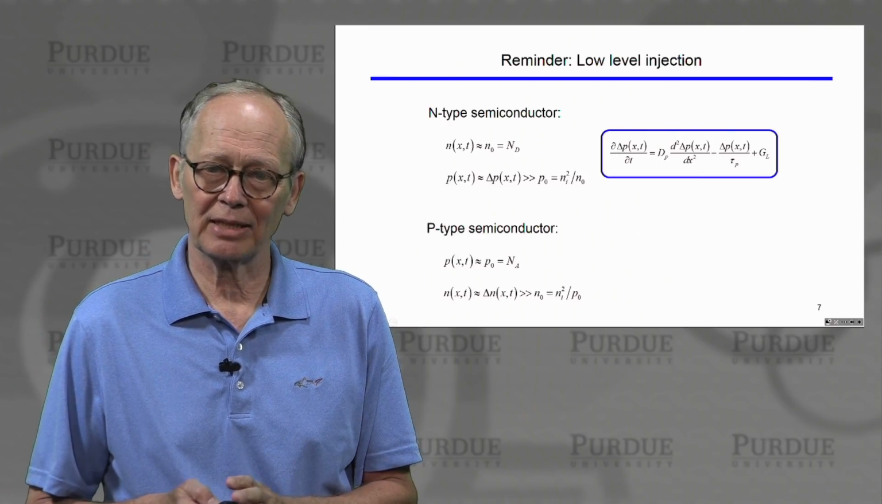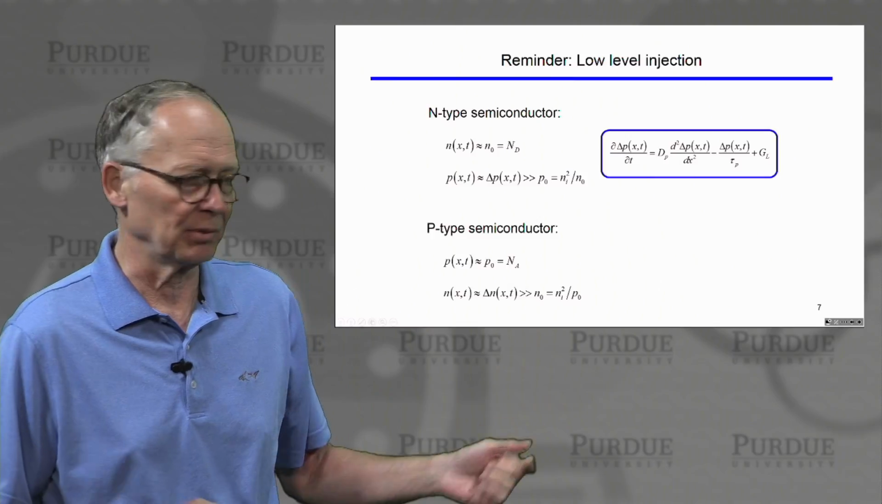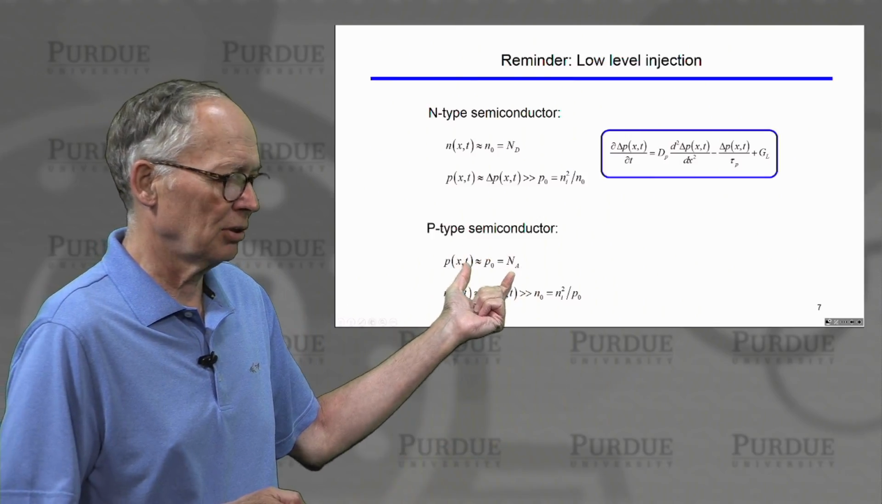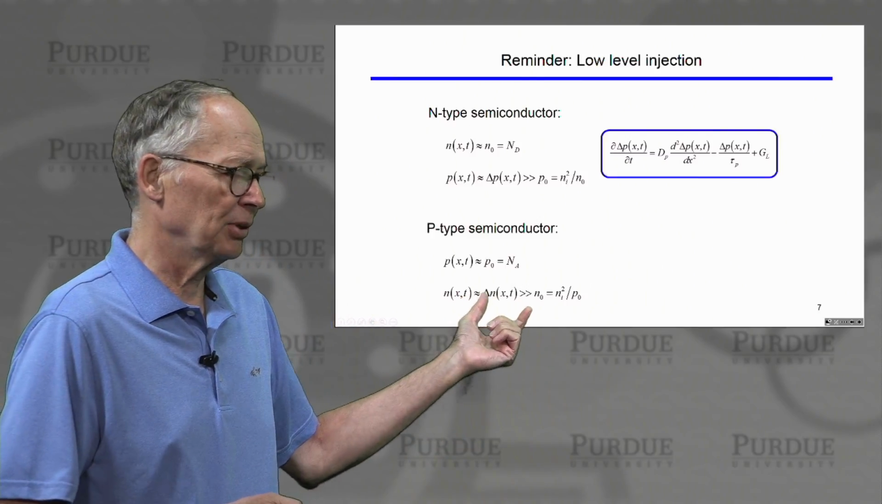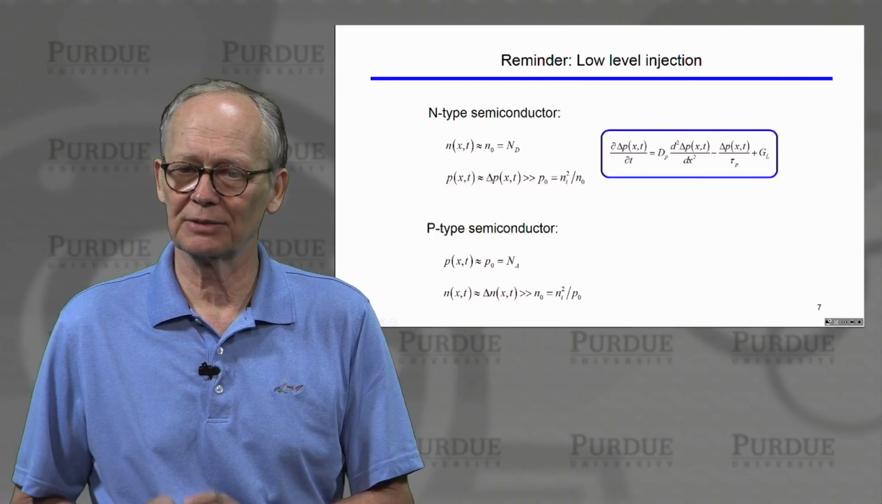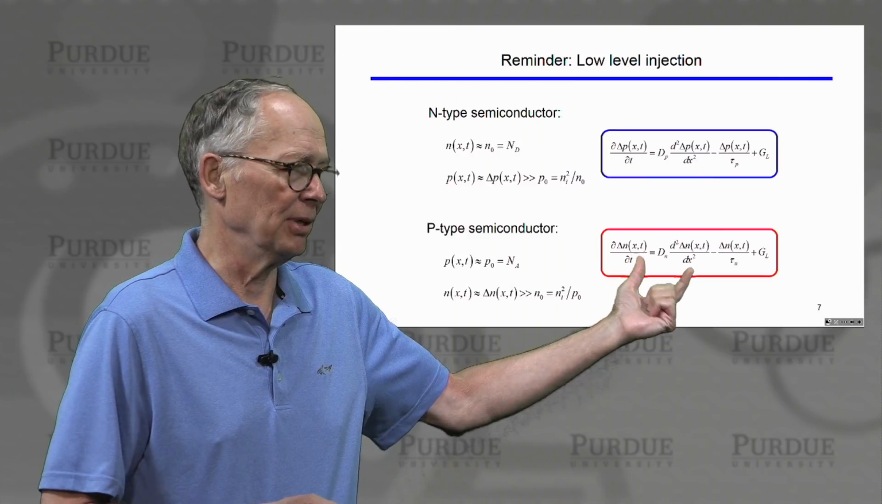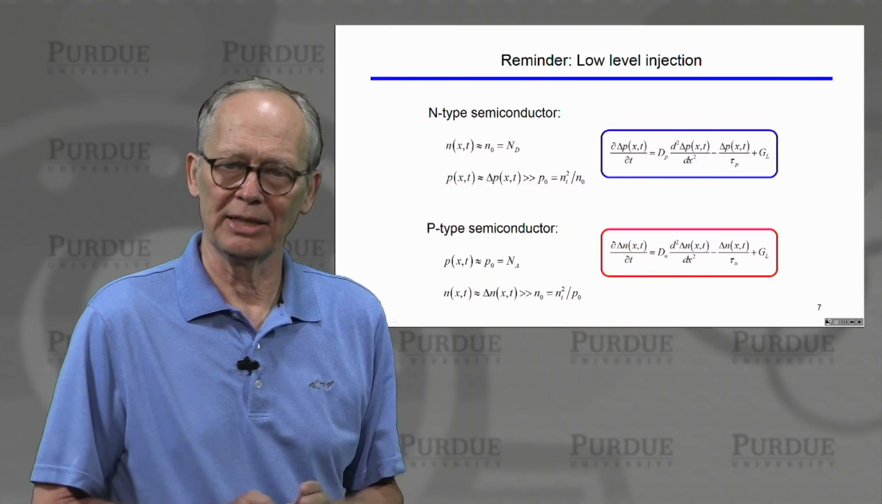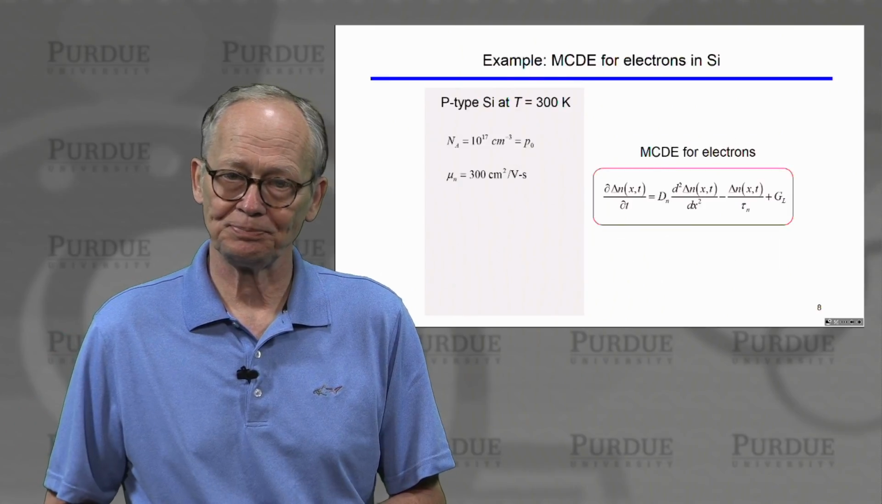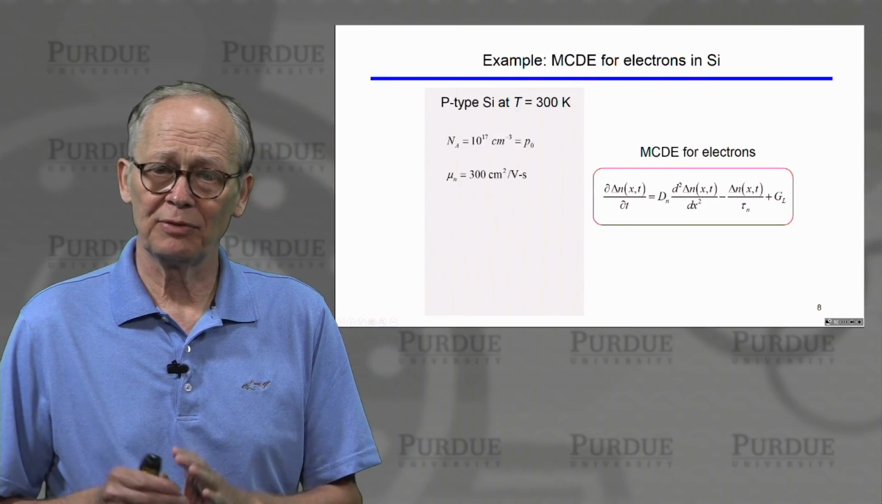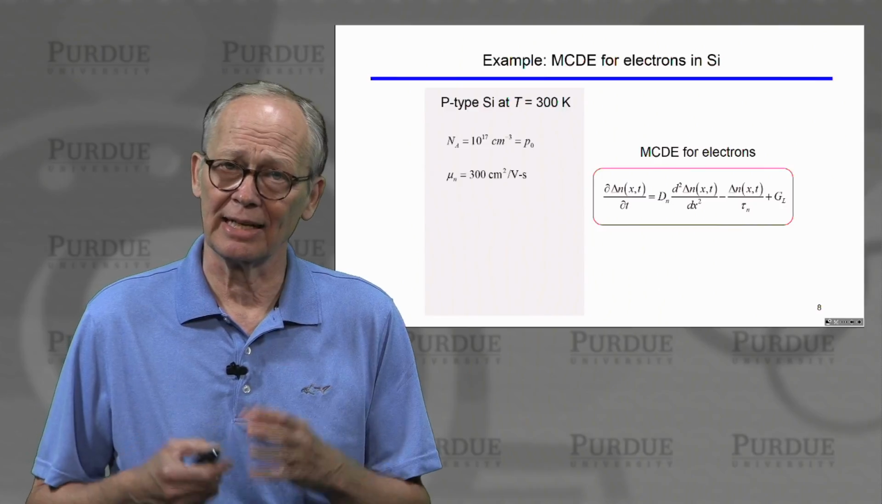In a P-type semiconductor under low-level injection, it's similar. The excess carriers don't perturb the hole concentration, they're majority carriers. They greatly perturb the minority electron concentration, and we would solve a minority carrier diffusion equation to address this problem. We're going to be focusing specifically on electrons in P-type